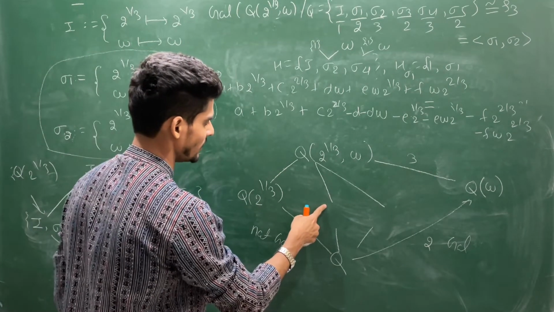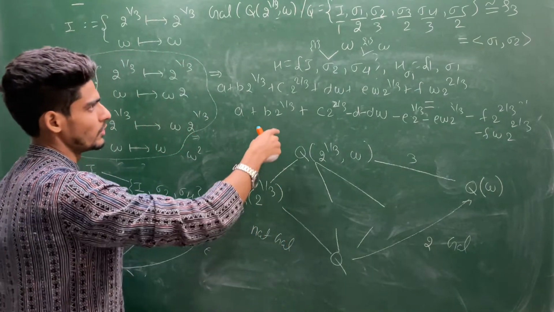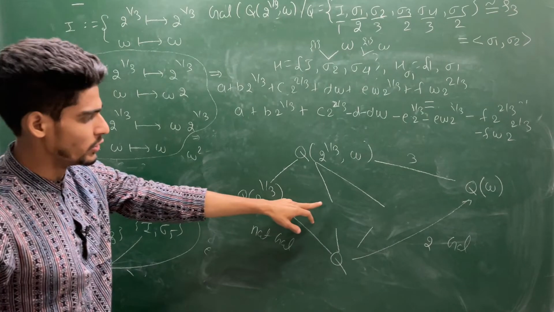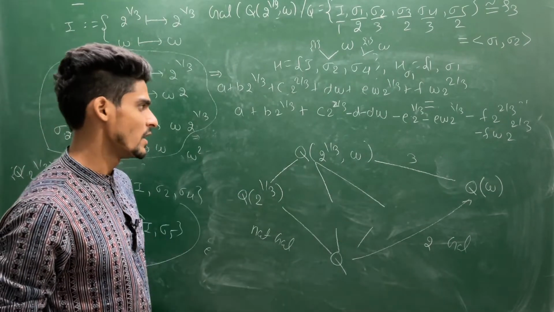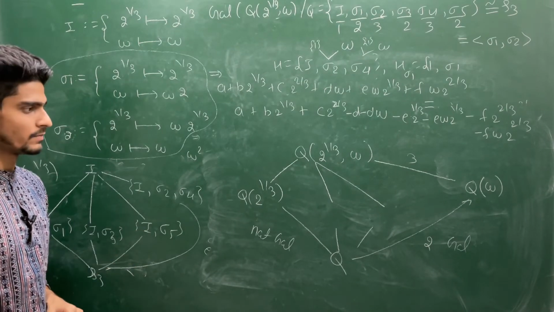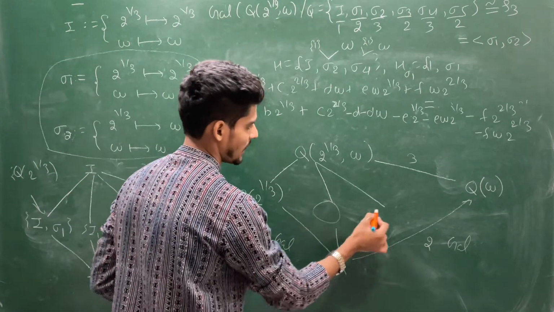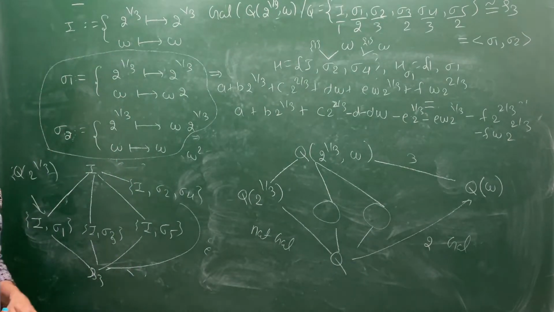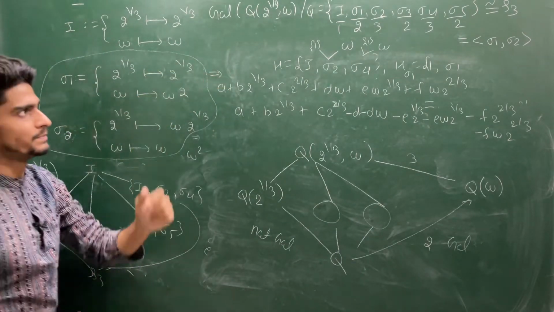If you see this field, then you have to look at this sigma 3 element. Sigma 3, this I am leaving it to you, these two structures. Verify on your own what the subfields are that they will fix. So these two places are left for you. I have verified two. So this is a very special example.